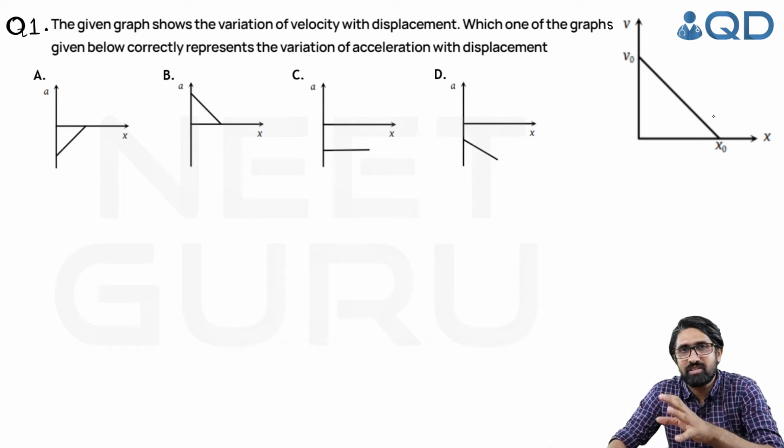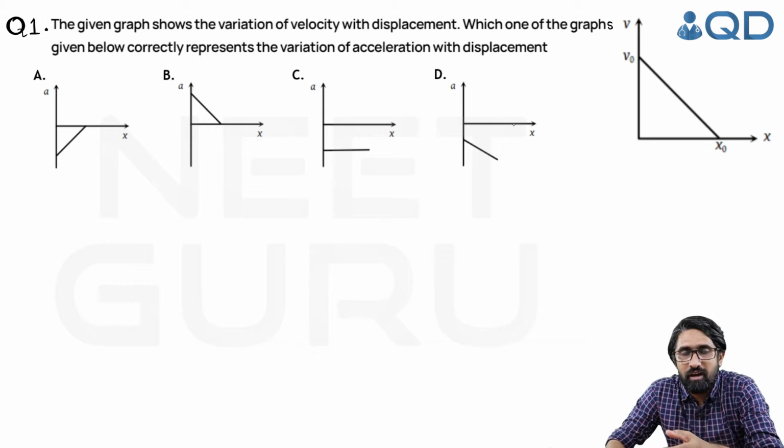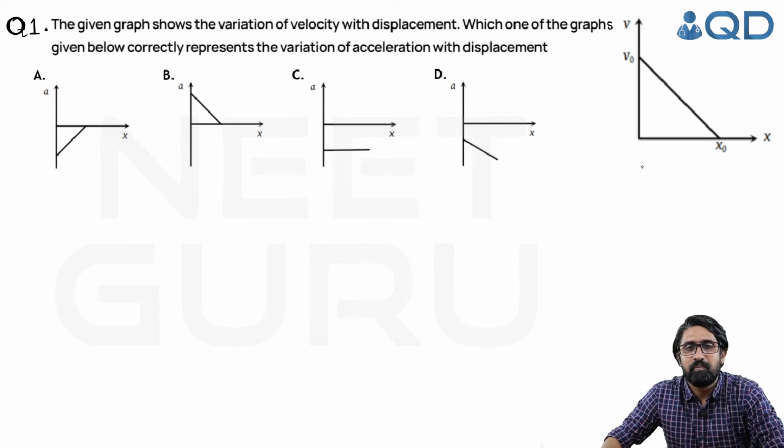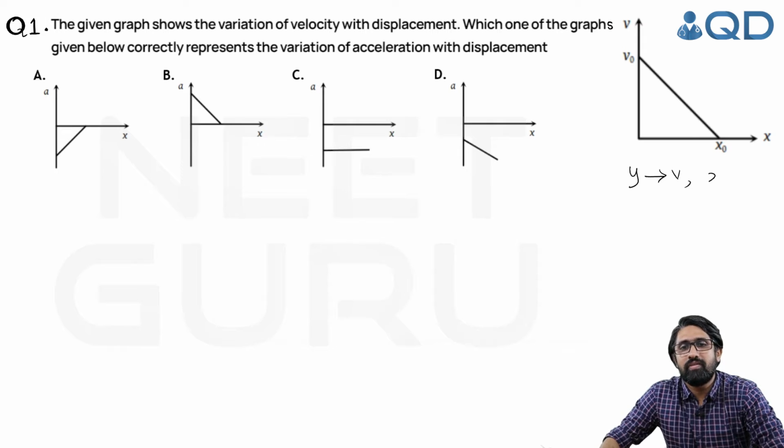So we have a V-x graph here with velocity on the y-axis and displacement on the x-axis. And we have a motion that is described with the help of that graph. And we should find the corresponding acceleration displacement graph. That is a graph with acceleration marked on the y-axis and displacement marked on the x-axis. So we'll start with the graph that is given to us. It is very clear here that along the y-axis we have velocity and along the x-axis we have displacement, x